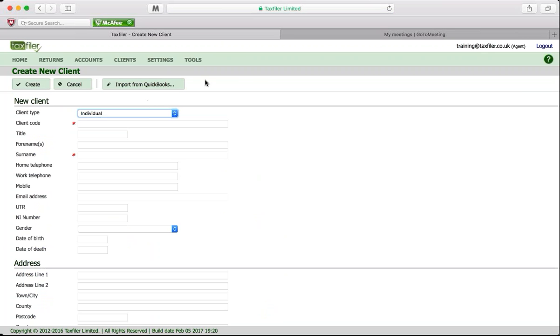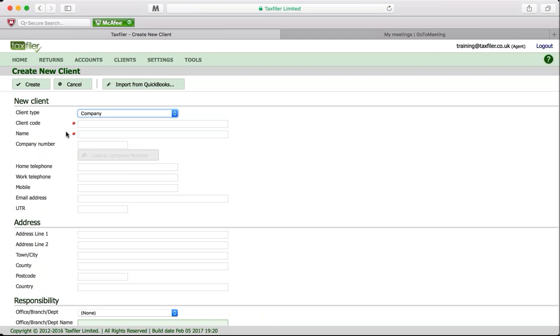And we're then faced with this screen here. So the client type, this is what we need to get right. So for this purpose, we're going to choose company, so a limited company. And we've got two fields with red asterisks here. Now, as I mentioned before, when we were working on a sole trader, Taxfiler does need these two fields completed in order to accept it. If one or both of these two fields aren't completed, Taxfiler won't be able to create the record. So client code, I'm going to call this Fred Blogs Limited. So let me put FB001 for now. And we'll say Fred